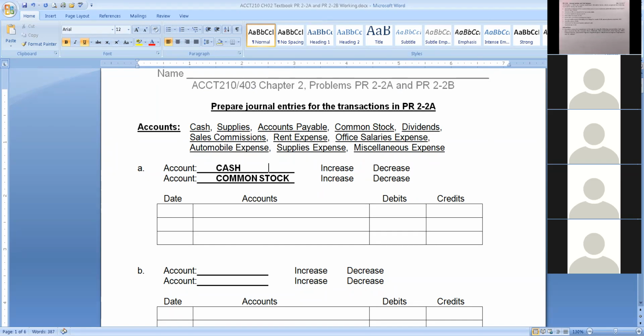Okay, so you transfer cash into the business. All these journal entries are going to be from the business's point of view. So from the business point of view, did cash go up or down? Down. Actually, for the business, it went up. For Jay Crowley, his bank account went down, but the business itself has this cash now to work with. So it's going to be an increase